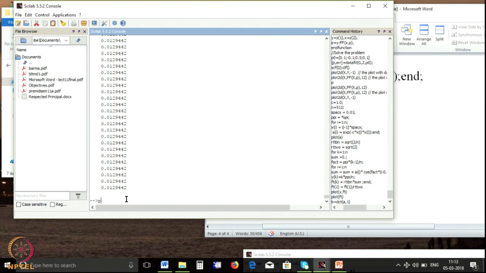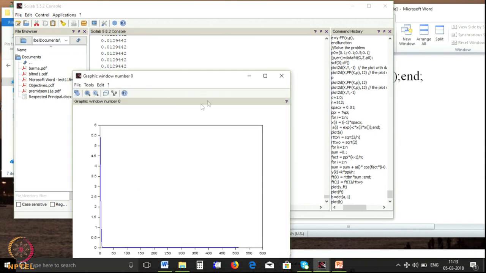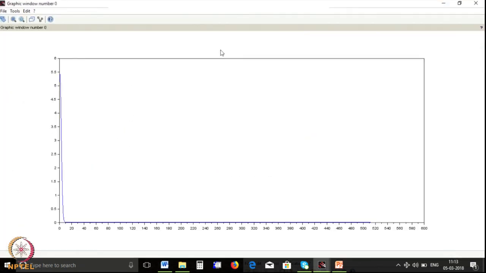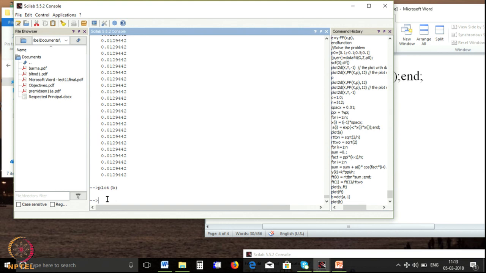Now, plot B. So, you will see this is the discrete cosine transform calculated using Scilab. This is exactly what we calculated as ft. Our ft and the Scilab B are identical because they use the same algorithm. So, now what do I want to do? I want to calculate the inverse transform. So, what is an inverse transform?